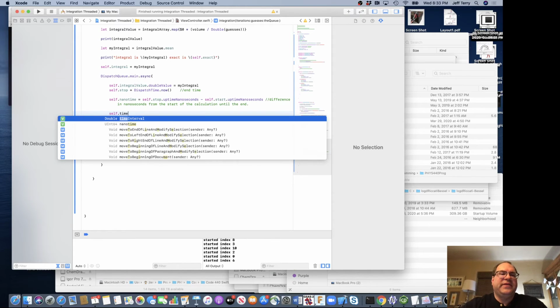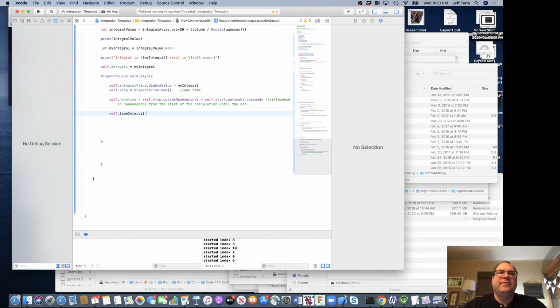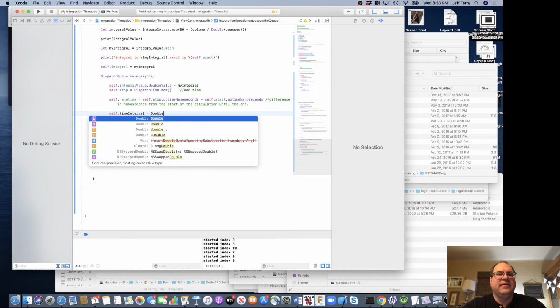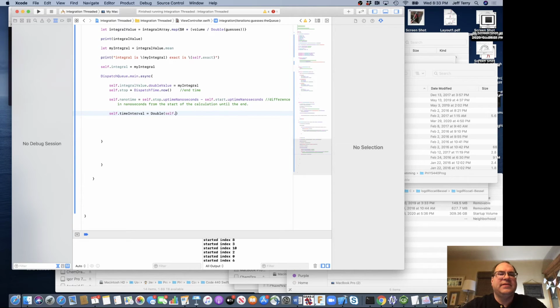And I'll go self.timeInterval equals Double(self.nanoTime). And then to convert to seconds, we have to divide by the number of nanoseconds in a second. And so that's going to be